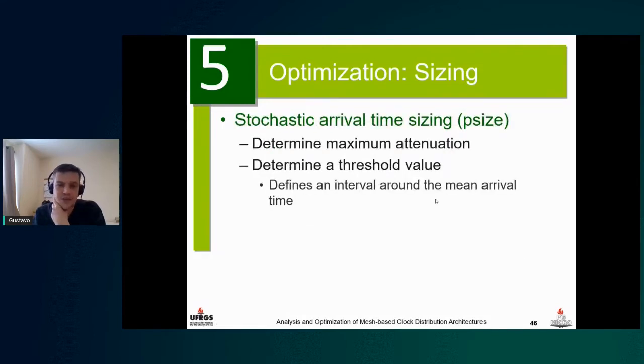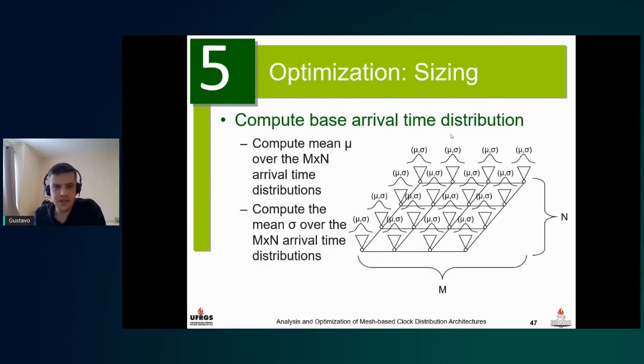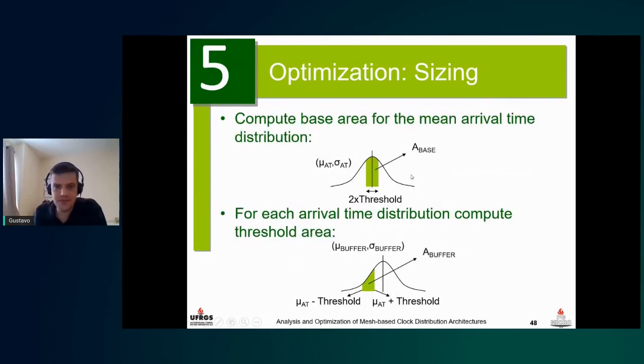So the other technique was called the P-size. It's a stochastic approach. So we also need to define what's going to be the maximum attenuation. So let's see. We need to compute the base arrival time distribution. So we compute the mean over all the distributions, and we compute the mean standard deviation also. So based on that, the idea is that through a threshold value, we compute the area of